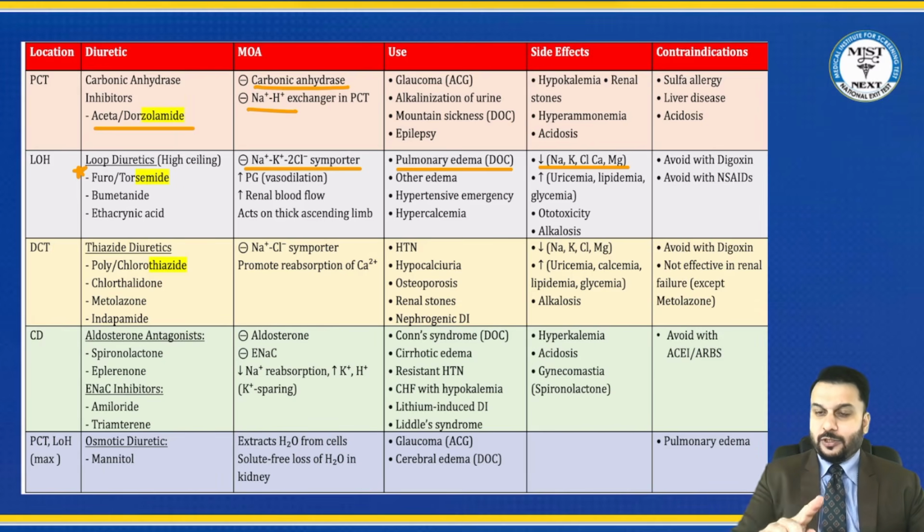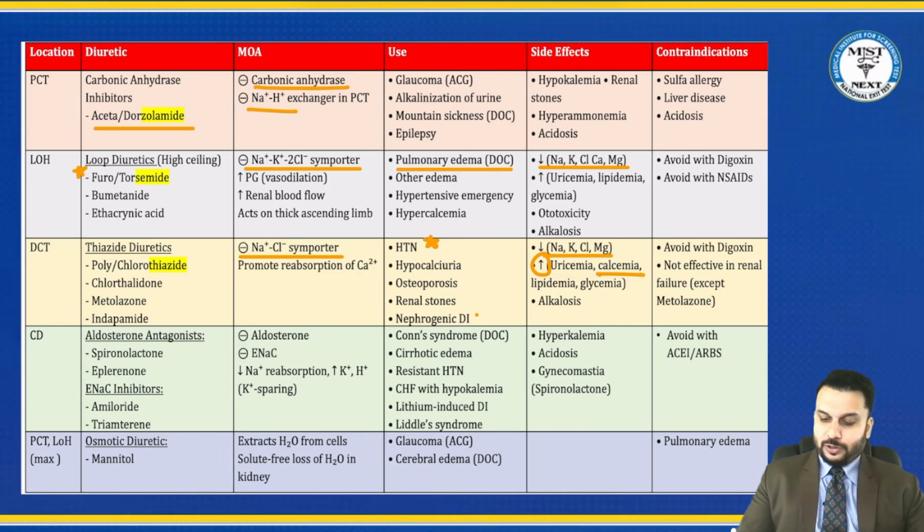The only difference between them and the thiazides is thiazides also lose pretty much everything, but the only difference is thiazides will save calcium. Are you all getting that? So they will cause hypercalcemia. Thiazides save calcium. Now when you talk about thiazides, thiazides are blocking a channel called sodium chloride symporter. And the most important use of these drugs is hypertension. Although they can be used in some other places, but the most important thing is hypertension.